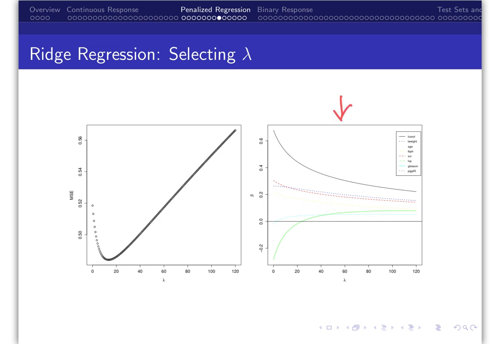On the right is a trace plot of our ridge coefficient estimates, where the coefficient estimates for each variable are plotted against lambda. Note, when lambda equals 0, we have our ordinary least squares estimates. As lambda gets larger, the ridge coefficient estimates are shrunken. Notice, though, that the ridge estimates do not converge to 0, but rather are some shrunken non-zero value, even for very large lambda penalty values.